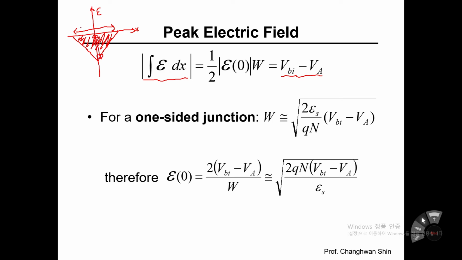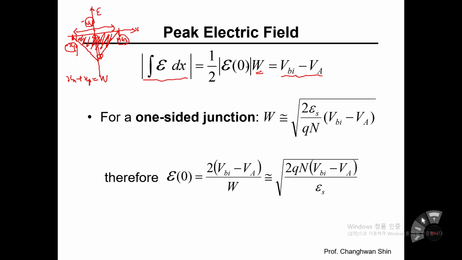The side length of the triangle is, simply speaking, the depletion width, right? So this edge point is minus xp, and the other edge point is plus xn. Xn plus xp corresponds to the depletion width, so the bottom side length corresponds to W,